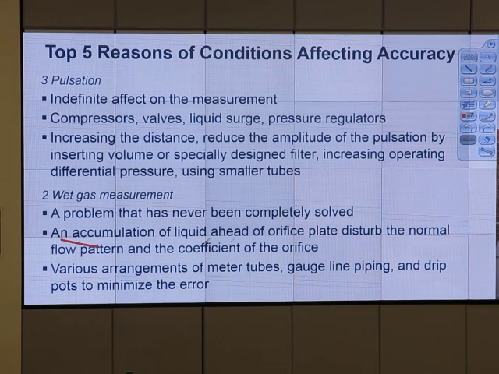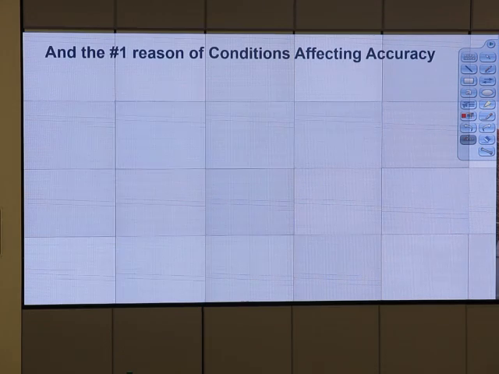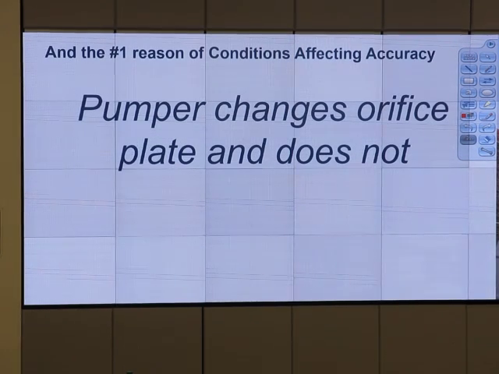Accumulation of liquid ahead of the orifice plate disturbs the normal flow pattern and the coefficient of the orifice. You don't want any liquid in the system. If there is any liquid, that causes some error. Okay, number 1 reason that impacts the accuracy of reading is